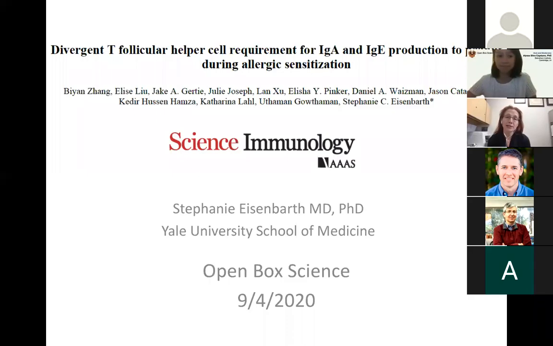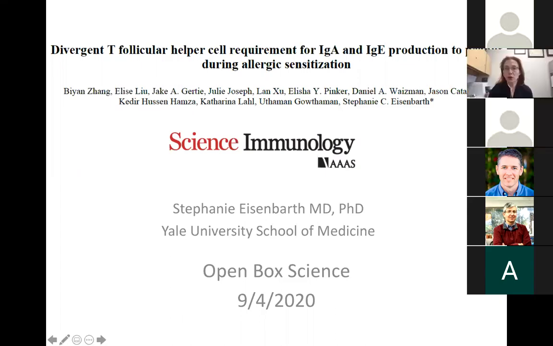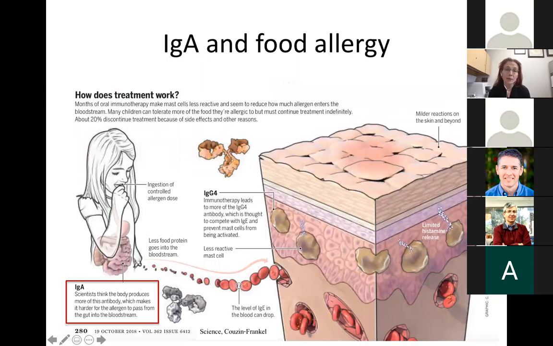of antibodies to allergens and the role of TFH cells, which, as you will see, are not quite what we expected. So we're going to talk about this paper that just came out earlier this year. And I'm going to start by giving a little bit of background about the antibodies that we're going to be